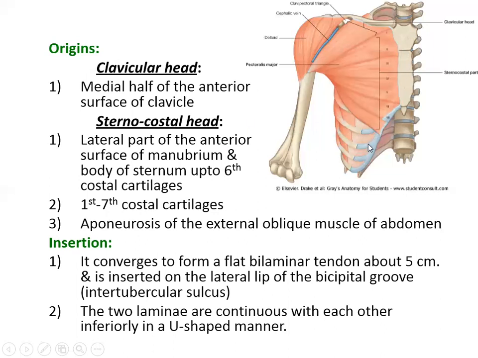What are costal cartilages? These are costal cartilages. The ribs don't directly connect to the sternum, but are connected with the sternum through a hyaline cartilage, which is called the costal cartilage. Costa means rib.